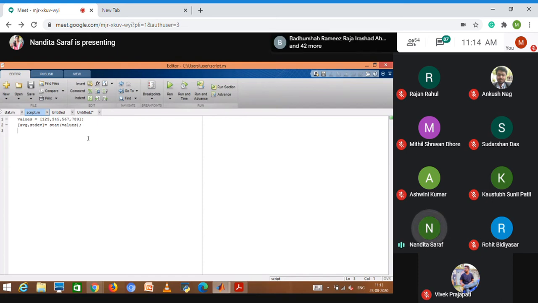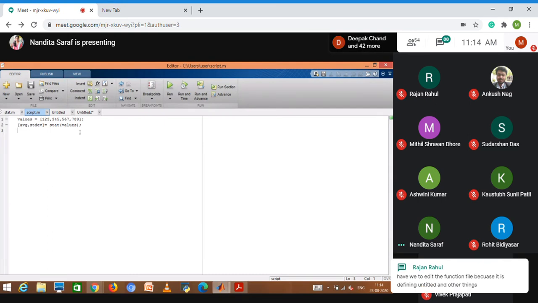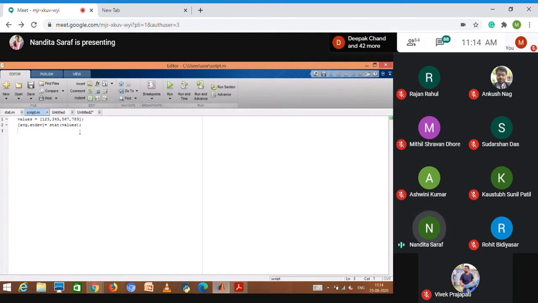For calling a function file, just write stat, bracket, your input variable. Yes, you have to edit everything.